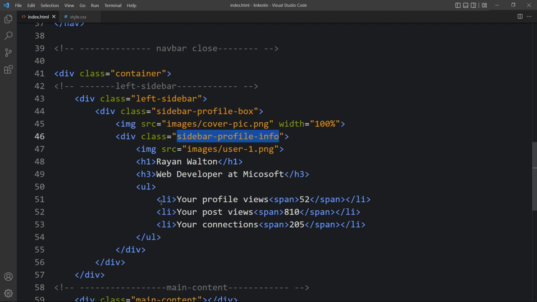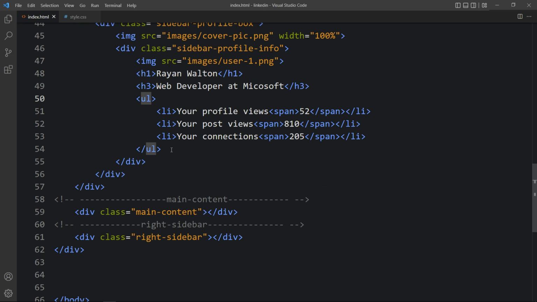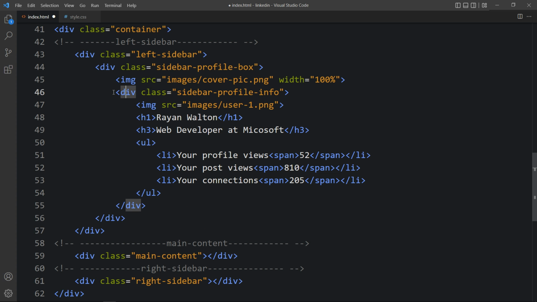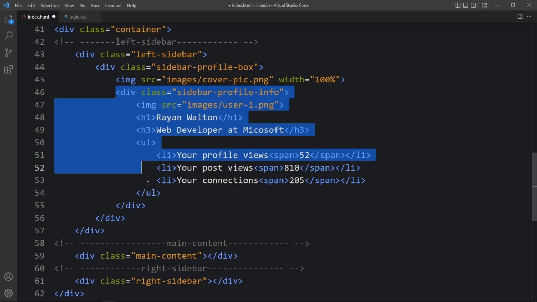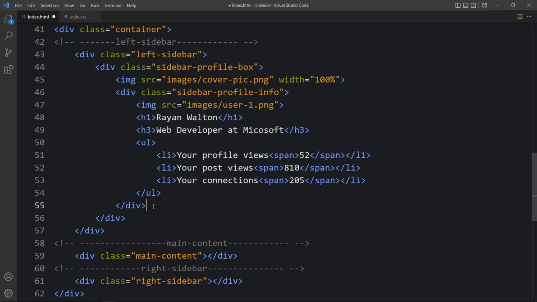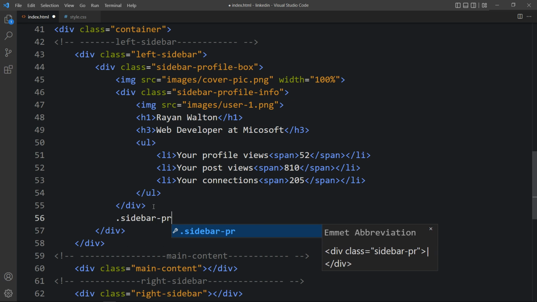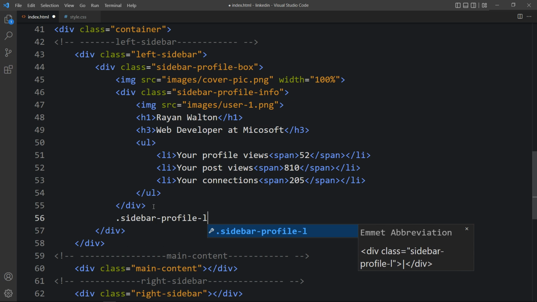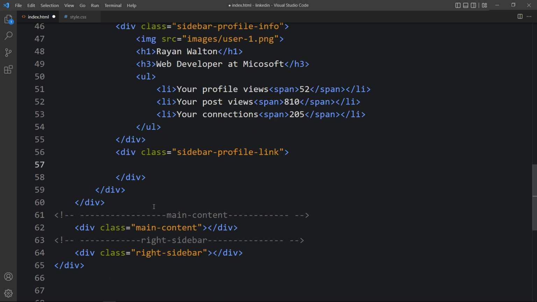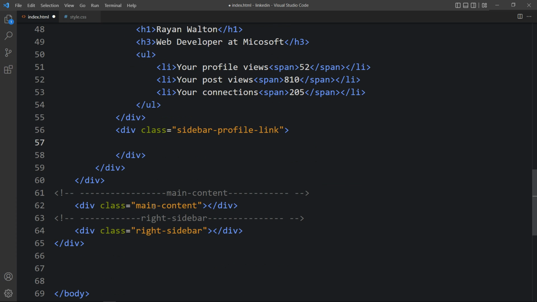Now at the bottom we have to add 2 links with the icons. So let's come back, and you can see this sidebar profile info div is closing here. So here we will add a space and we will create another div with the class name sidebar profile link. Inside this div we will add one a tag,